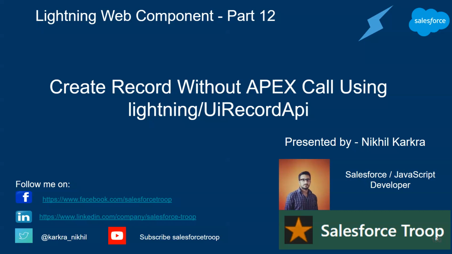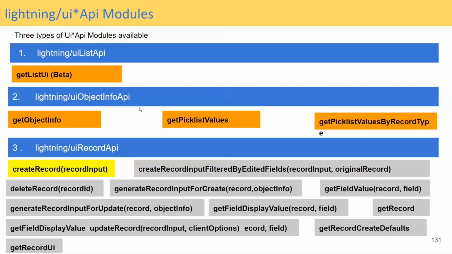In the last video we have seen that there are different types of UI API modules available, and we covered UI List API as well as UI Object Info API. So in today's video we'll start working on UI Record API, and we'll only cover the first one, that is